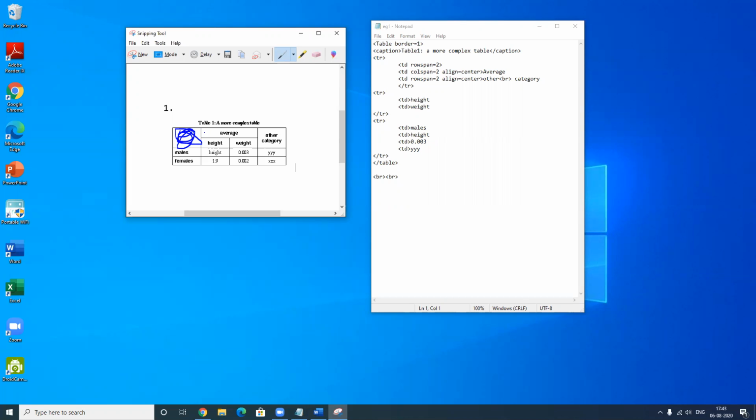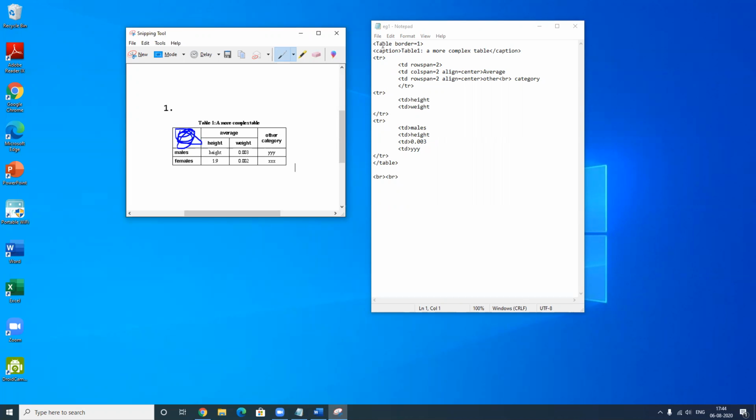If you see, this is the first row and this is the second row. So this cell is created by merging two rows in one column. All right. So for that purpose, my first TR has the first TD as rowspan equal to 2, because two rows are being merged.